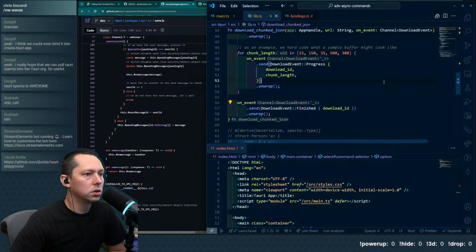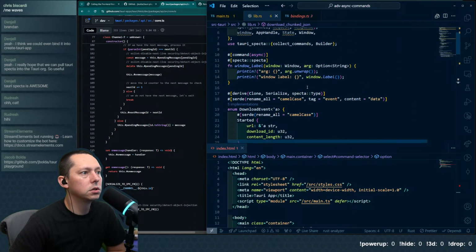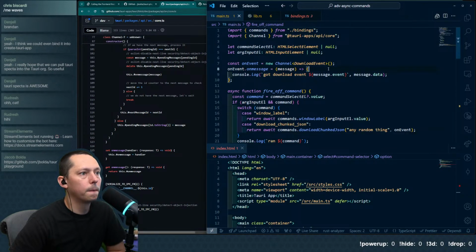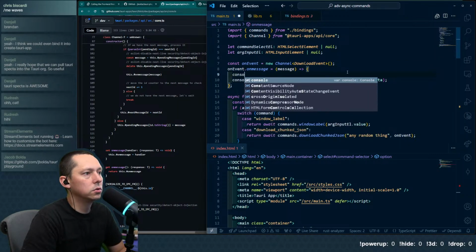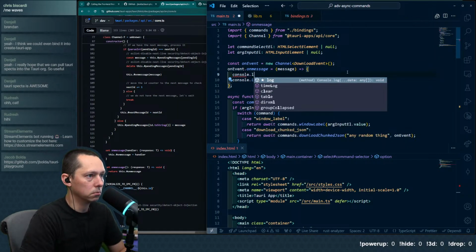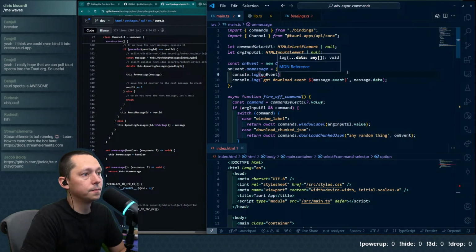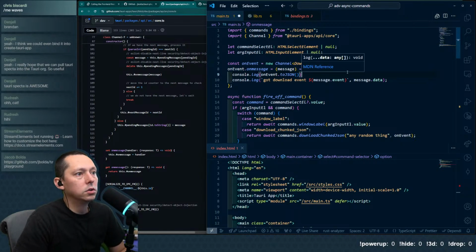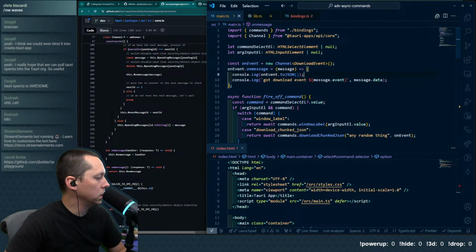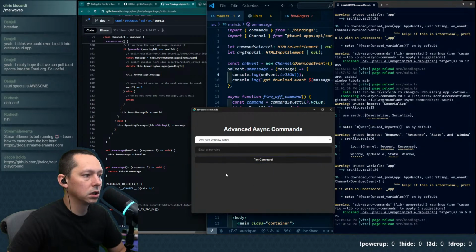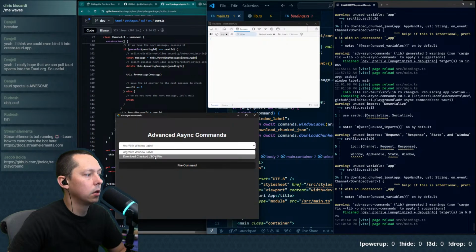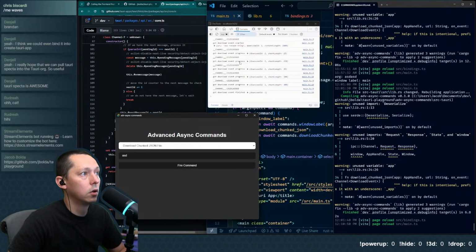So there's a toJSON. Let's do an onMessage. Whoa, here we go. Let's do return serialize, and on event dot toJSON. So every time we get an event, let's log out the JSON that we have, and maybe we can see a little bit more. All right.